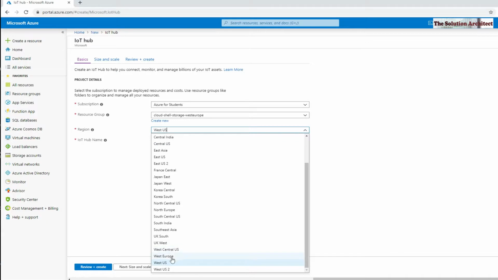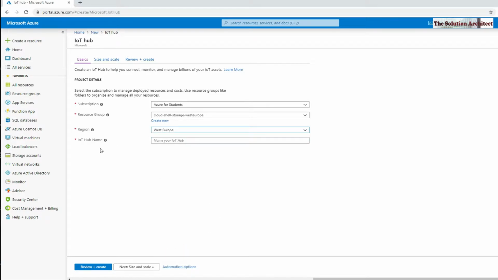You can create one on the fly as well. Good practice to choose one region and run from there. I use West Europe, and then the IoT Hub name. So let's call it IoT Hub. Okay, and you can